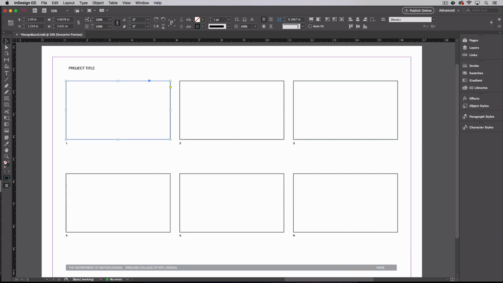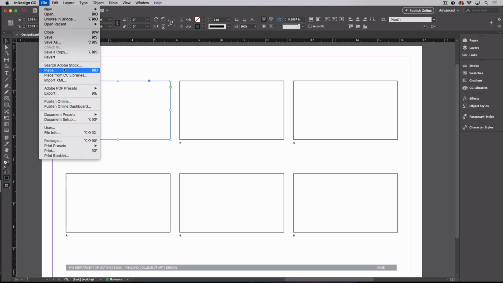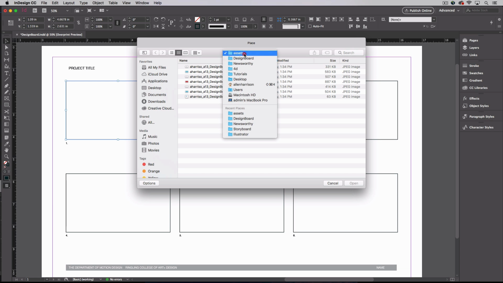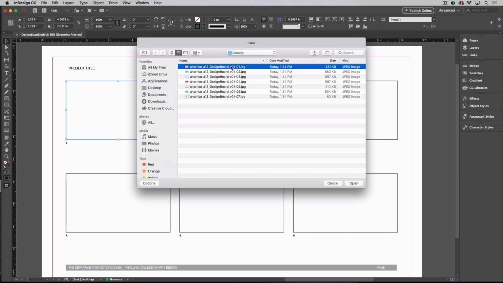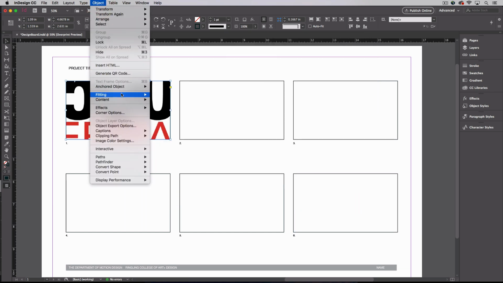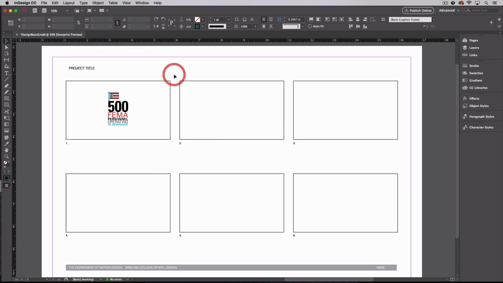So if I click on number 1 here, do Place or Command D, I'll go into my design board assets folder, select my first style frame, and hit open. And then under Object, we want to do Fit Content Proportionally,